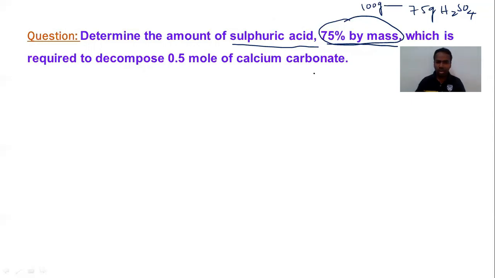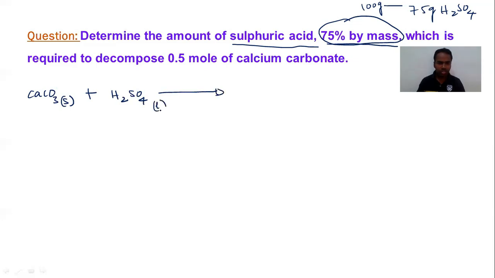So there is a sample of sulfuric acid which is required to decompose 0.5 moles of calcium carbonate. We can decompose the calcium carbonate by using acid also. There are different decomposition methods. By using heat, that is called thermal decomposition. By using electric current, that is called electrolytic decomposition. By using light, we can also decompose the compound, that is called photolytic decomposition. There are also acid decomposition reactions, but here I am going to decompose the CaCO3 compound by using acid H2SO4. You know H2SO4 is harmful.